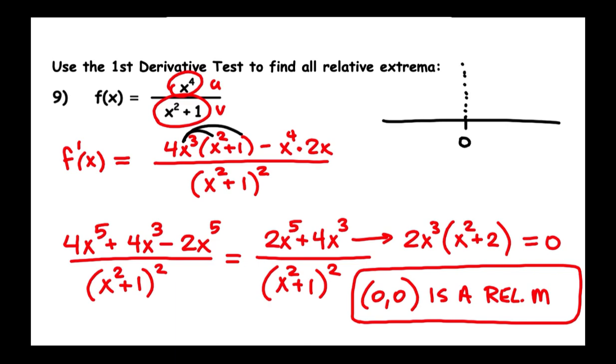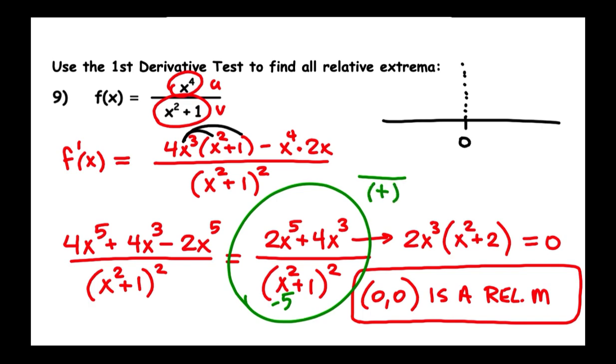Okay, if I pick something to the left of 0, how about -5? That's pretty crazy. And I put it into the derivative. Obviously, it doesn't matter what you put into the denominator. It's going to get squared. It's going to be a positive no matter what. Okay, so we've established that. If you put the -5 up top,